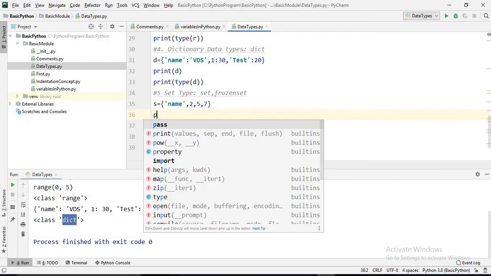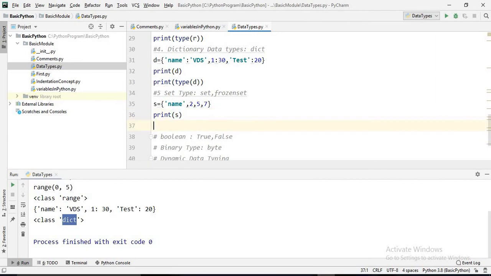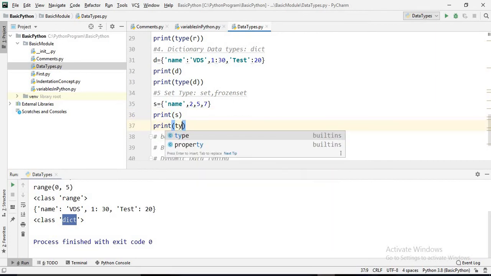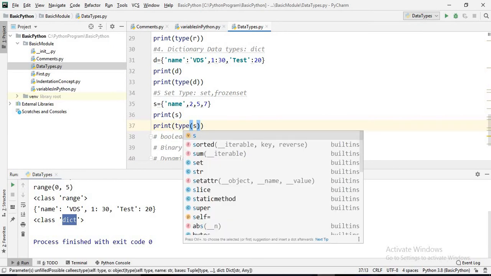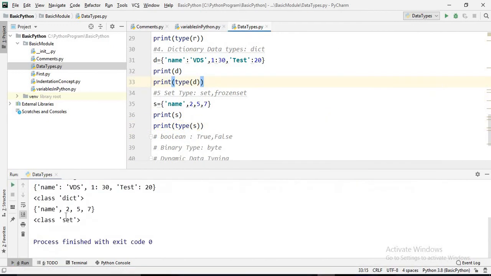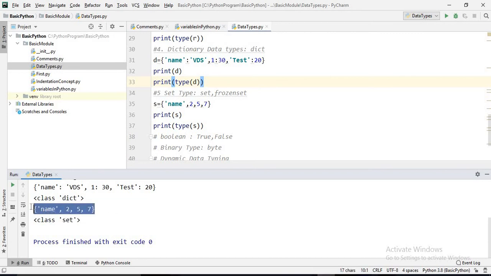Then we print s and print the type of s. Let's run this one. See, it will tell you it is a set and the value is this one.